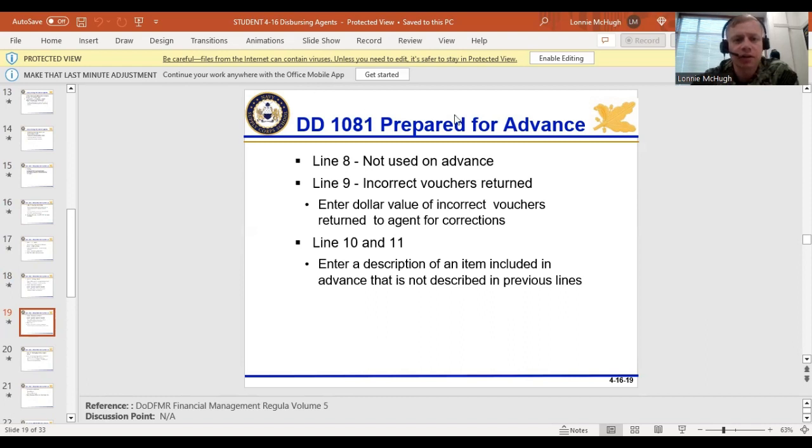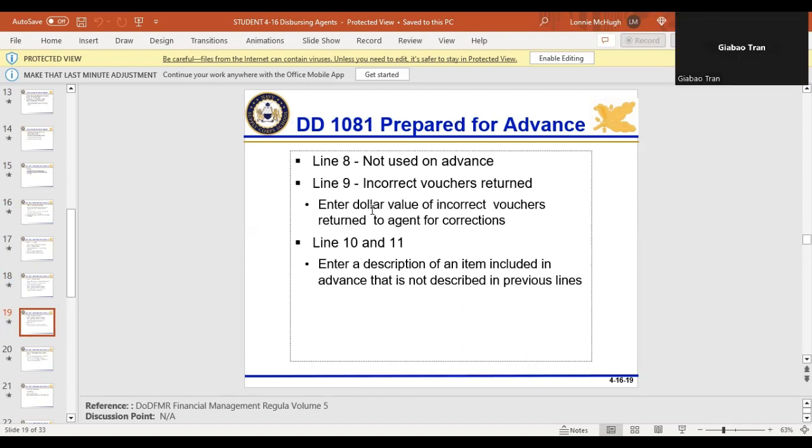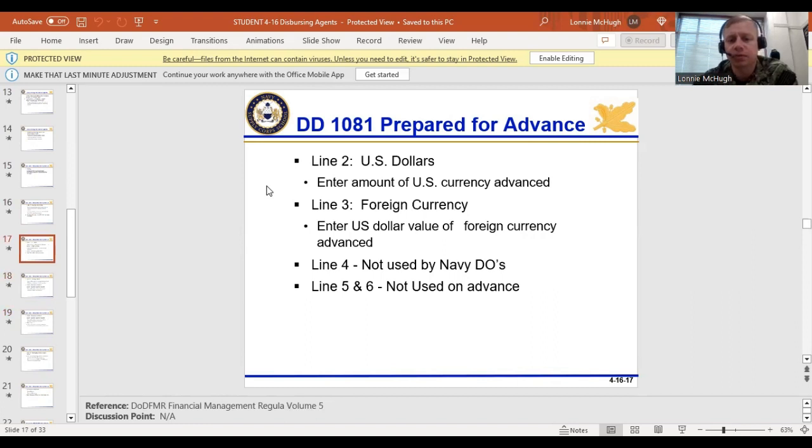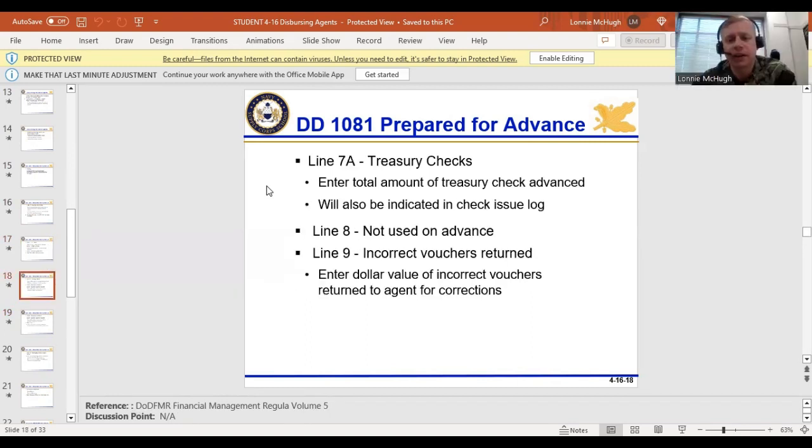Tran, you have a question? Yes, sir. So on the test, will we be filling out one of these forms, sir? I need to double check that, but I don't believe so. Yes, sir. Thank you, sir. I don't even think you have to use one as a resource, if I'm remembering correctly. Not to say don't pay attention, but